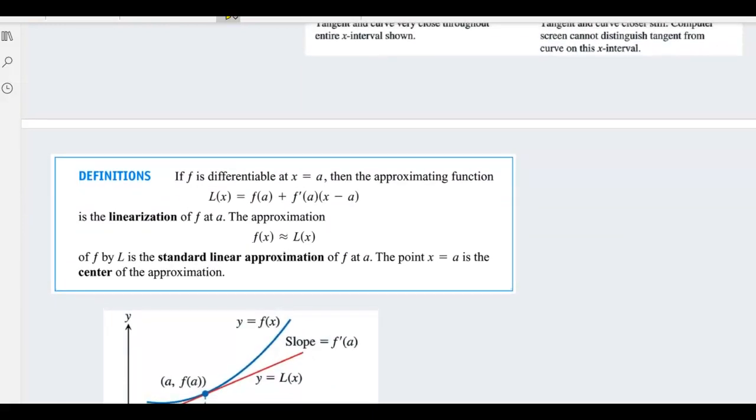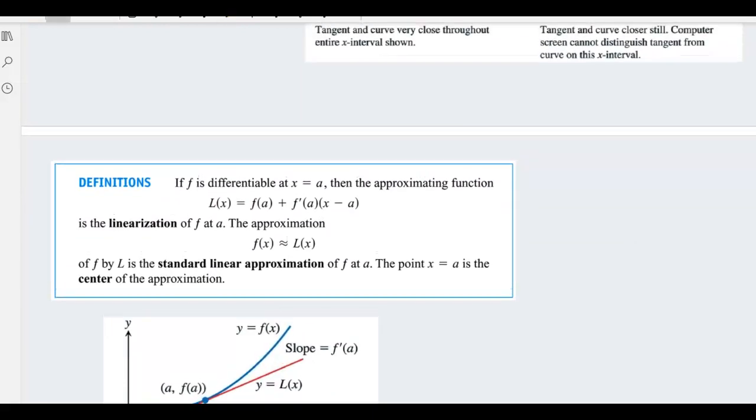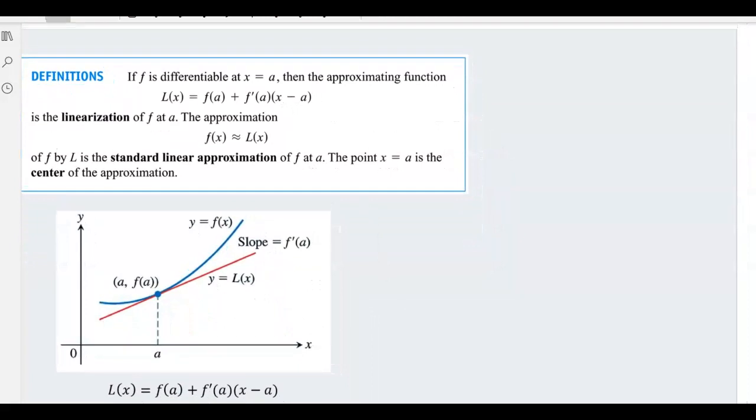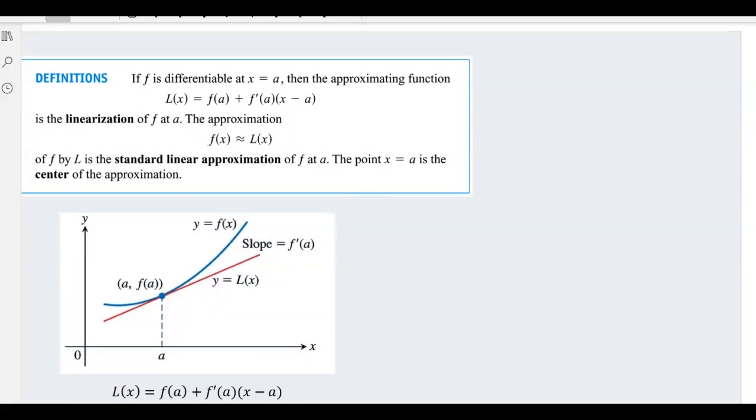So this is an example of what we call linearization, kind of putting into math terms what I was just talking about. This really is just a different way of writing the equation of a tangent line. Let me show you how we get to this. So if we start with a function, say y equals f of x,